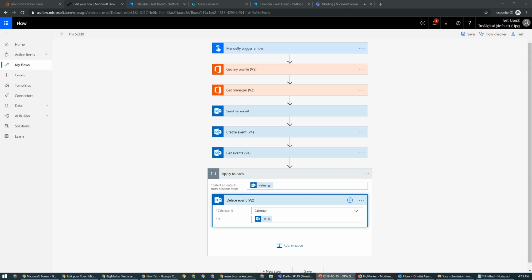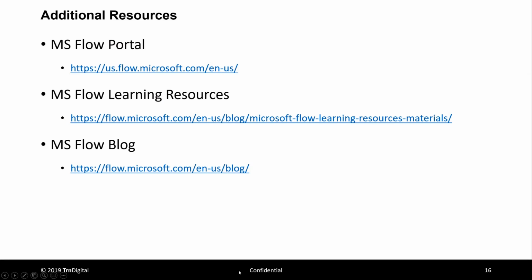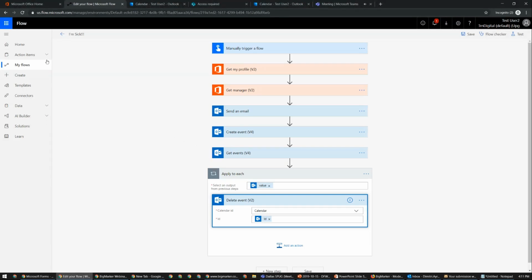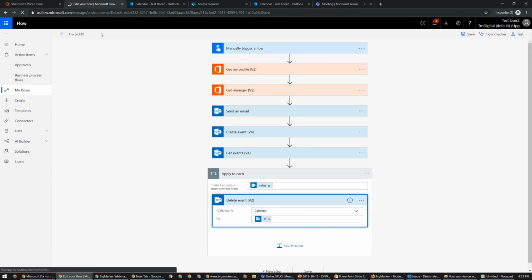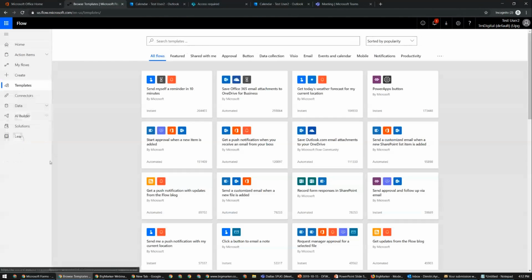So I do have just a few more slides to close out with. If you're looking for more information, take a look at the Flow portal. That's flow.microsoft.com, or this longer URL that's available on this slide. That'll take you to your home of Flow, where you're able to take a look to see what flows you've created, actions pending on you, and the different templates and connectors that are available.